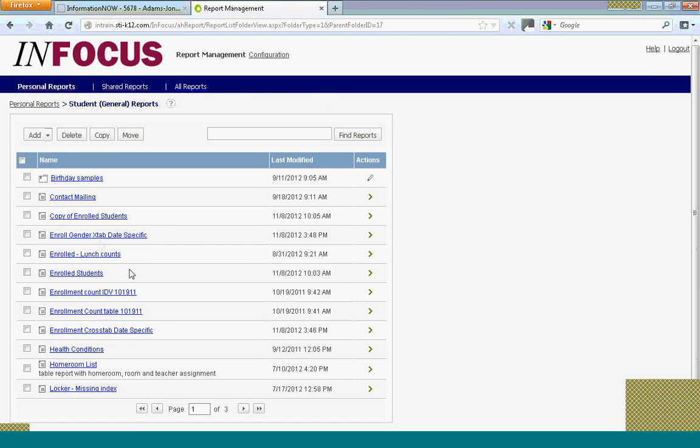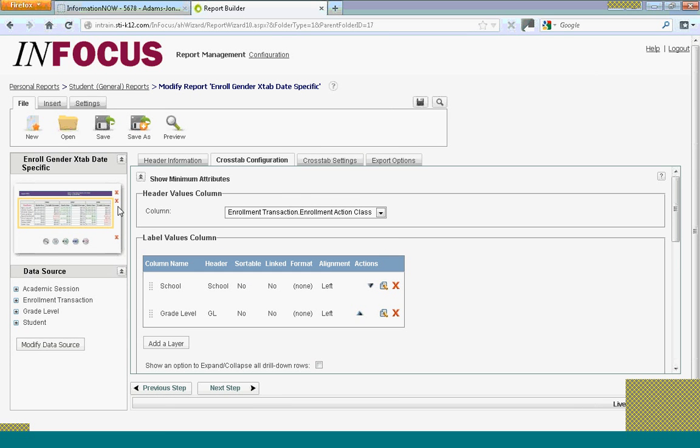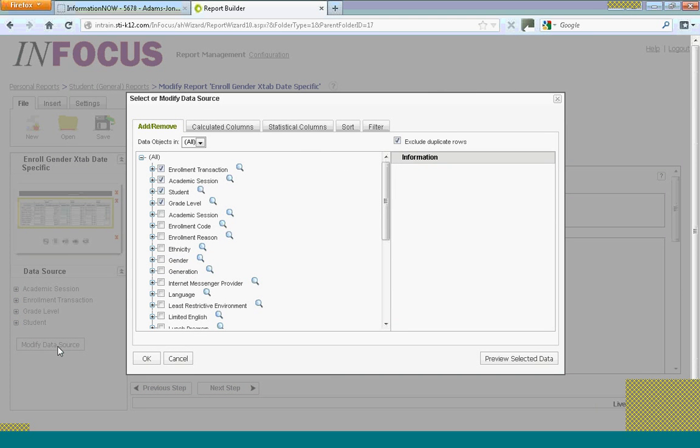And that is how you can copy from one and save to another. And just as before, when I click on modify, it has everything set up the way I had it before, but now I can add some things to it and I won't damage or change the original report. You can do save as and do the same thing, but that's just the other way, and I wanted to show you both. Now, I'm going to click on this modify data source again. All right? And this time I'm going to show you a slightly more complicated